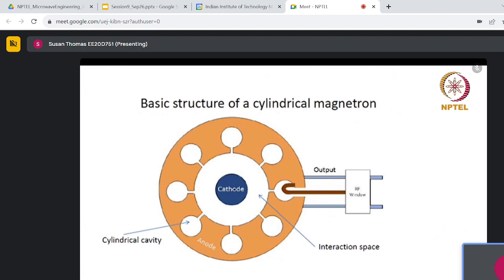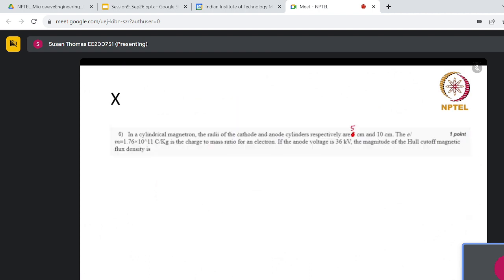So the question on magnetron, as you see, this is cathode and this is anode. You can see that the radius, this is A and this is B. And from the figure it is clear that A is less than B. So the cathode radius is A, which is 5 centimeter, and anode radius is B, which is 10 centimeter, and